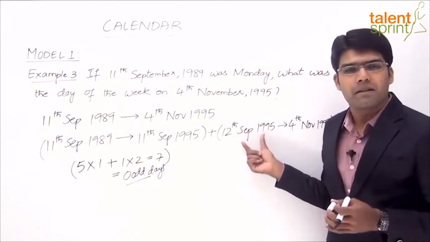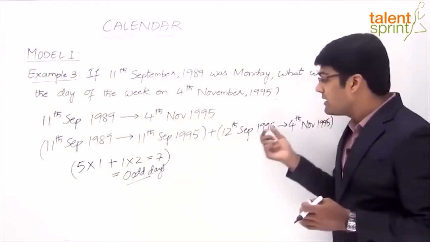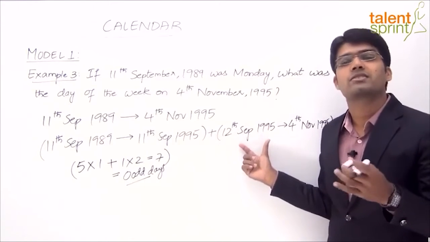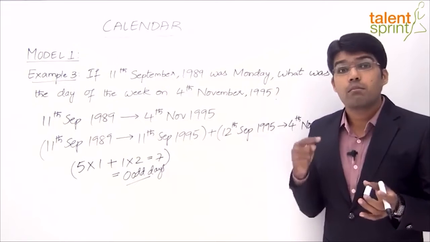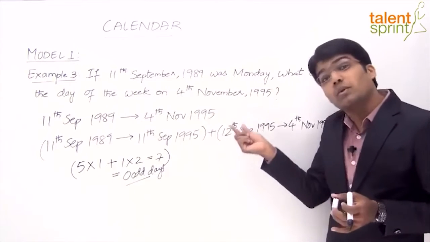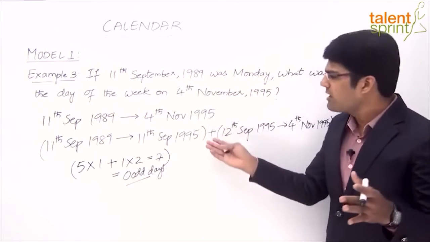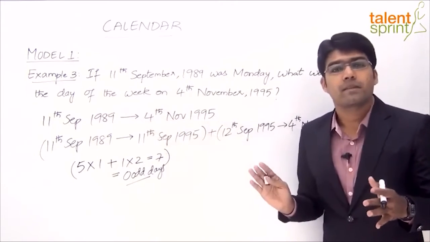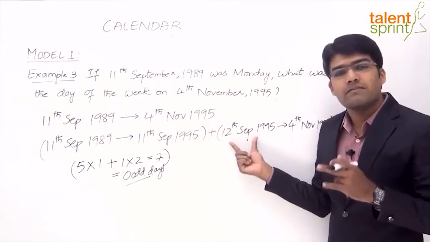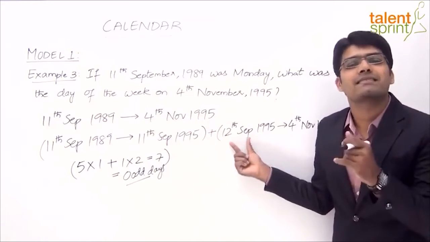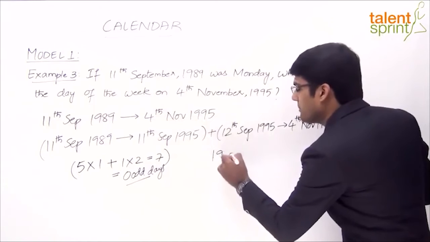We know that in the month of September there are 30 days. So to find out the remaining days, don't take 30 minus 12. If you take 30 minus 12, we'll get only 18 days. But understand, we need to consider 12th September as well. So we'll only subtract the first 11 days, right, which have already been included in the first period there. So what will be the number of days in the month of September? Remaining days in the month of September, there will be 19 days. 30 minus 11. So 19 days plus.